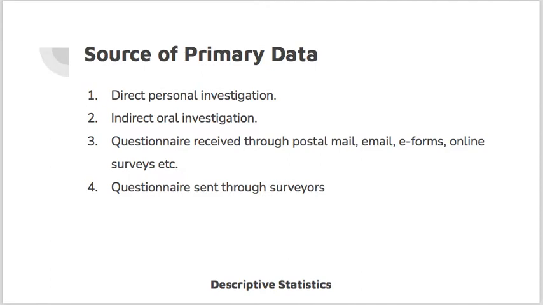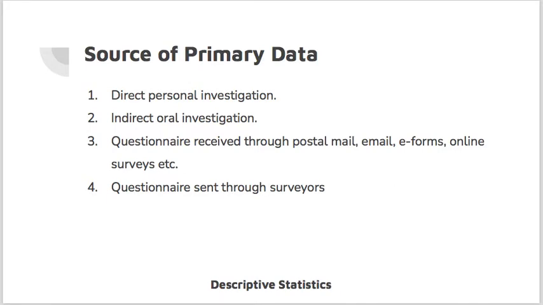The sources of primary data. The next question now is how this data comes into the picture: how primary data is obtained and how secondary data is obtained. This is a very big question. Different ways in which data are collected are presented here. The primary data comes from the source of direct personal investigation. One of the important sources is this direct personal investigation, where the person goes directly to the respondent.